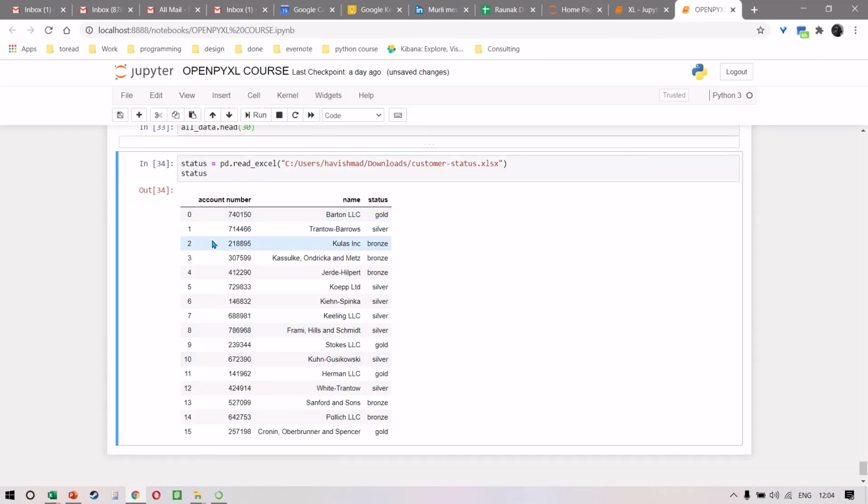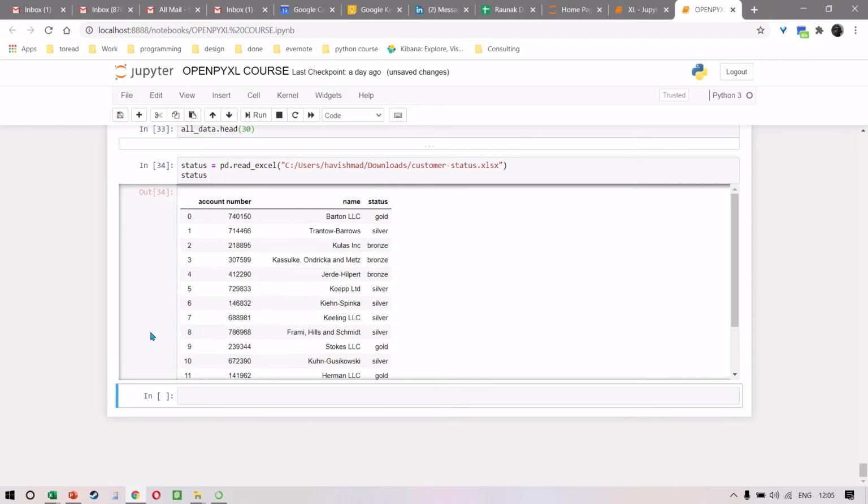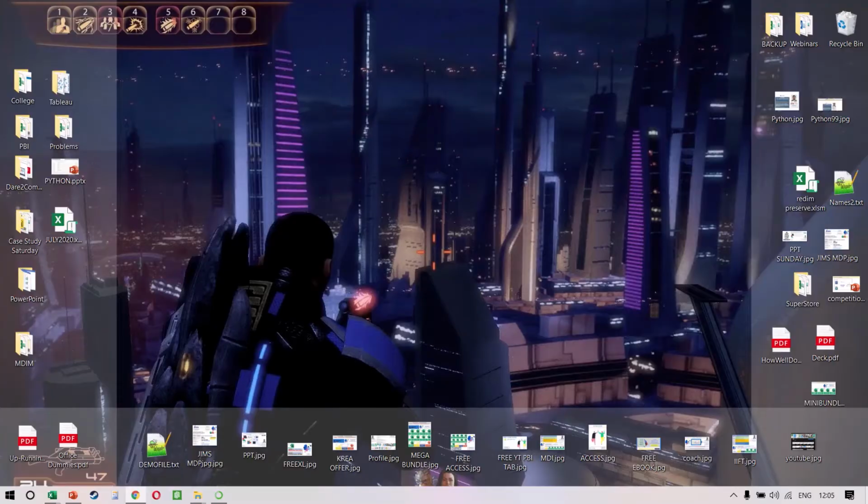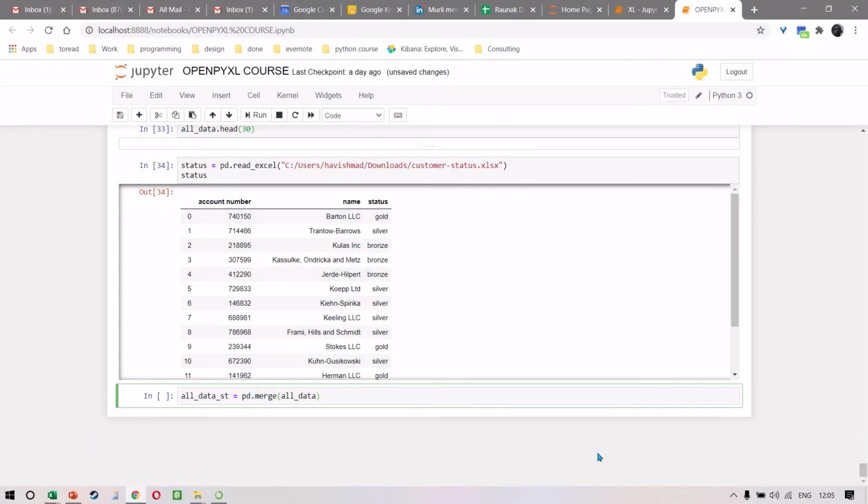So when I run this, you notice it gives me a list of the 16 account numbers, names and status that I have. What we need to do now is to write all_data is equal to pd.merge, all_data, then we have status, and how is equal to left.